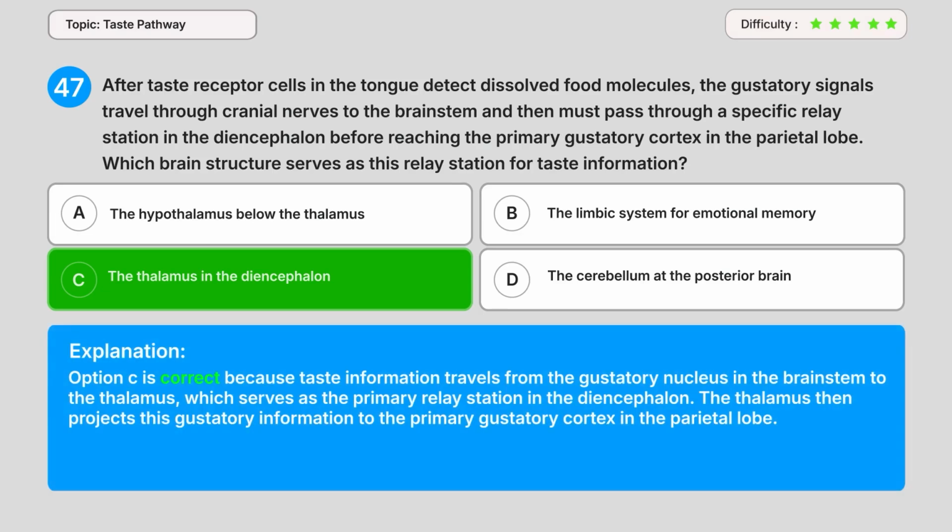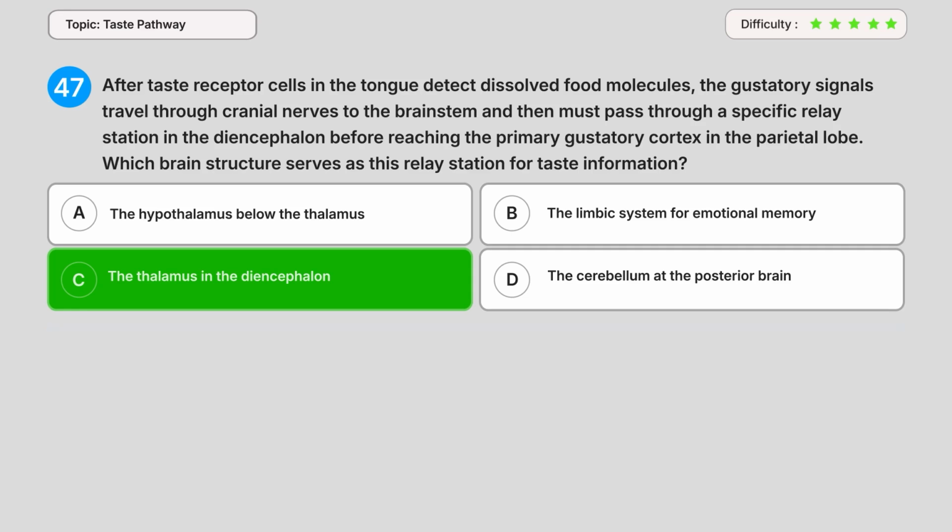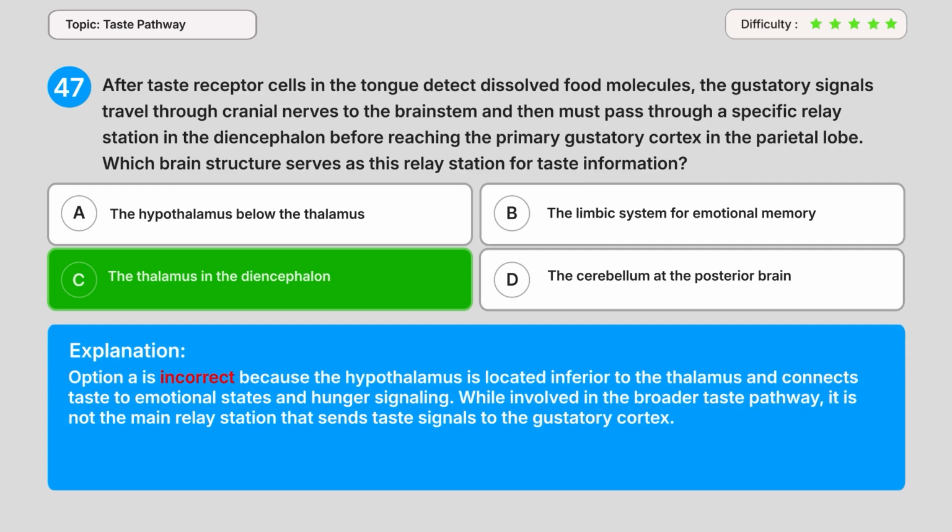Explanation. Option C is correct because taste information travels from the gustatory nucleus in the brainstem to the thalamus, which serves as the primary relay station in the diencephalon. The thalamus then projects this gustatory information to the primary gustatory cortex in the parietal lobe. Option A is incorrect because the hypothalamus is located inferior to the thalamus and connects taste to emotional states and hunger signaling. While involved in the broader taste pathway, it is not the main relay station that sends taste signals